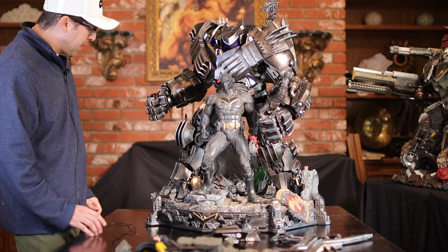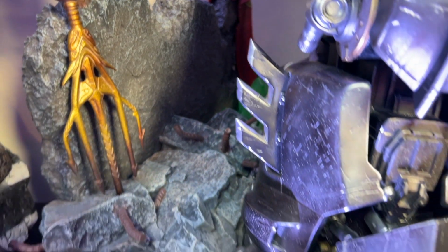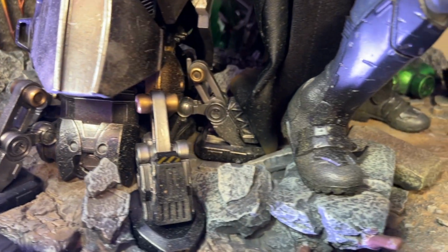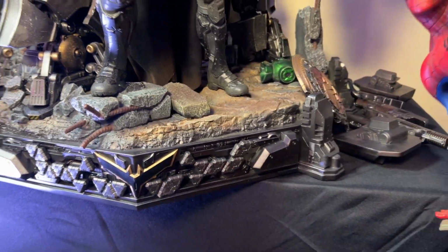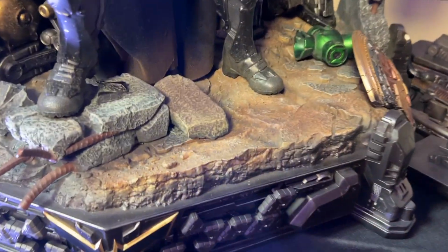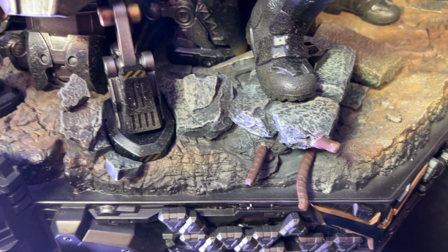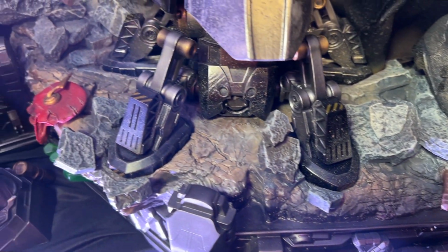Anyway, I do like the base. It's all very metallic, very futuristic on the outer edges, and you have the Batman logos there. And then of course you have Wonder Woman's broken shield. And then it goes into an earthy base. You have stone, rock, and dirt. It has a moderate amount of detail on there, as well as the rock has a lot of texture and